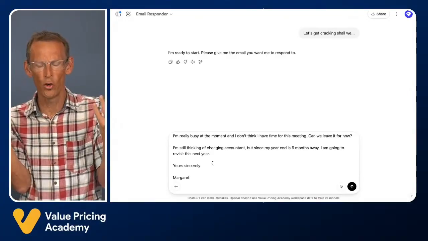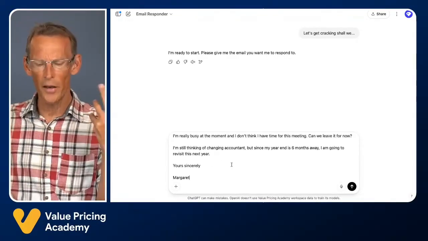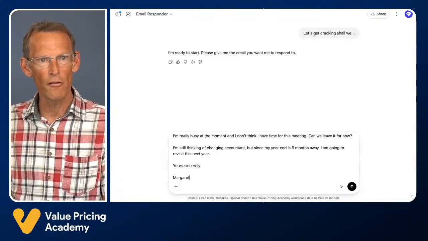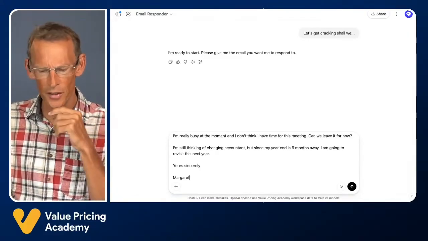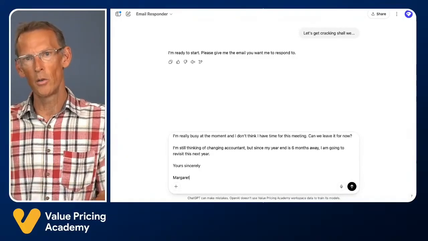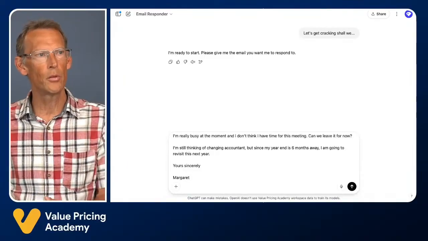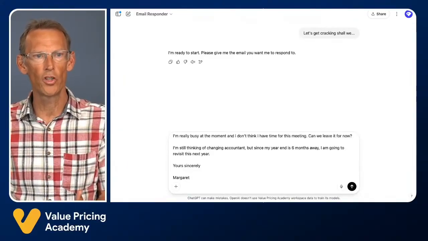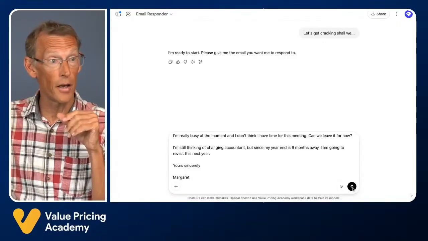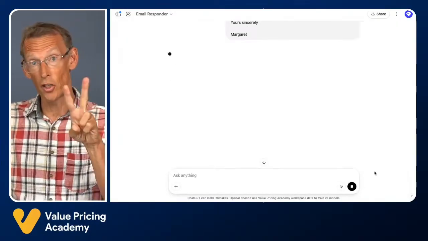So perhaps you've had those before, and perhaps you're thinking, I was looking forward to that meeting because I've got some ideas to save her some tax. I know a bit about her business from the initial inquiry. I think I can save her about 15 grand in tax. And it's a shame that we can't get to meet. And so what I'd like to do is send an email back that shows some empathy, some understanding, but also gives a compelling reason why she might want to change her mind. So all I do is I copy and paste the email in, send it off to the GPT, and it's now going to run stage 2.